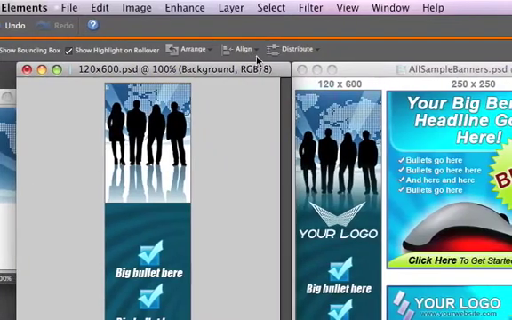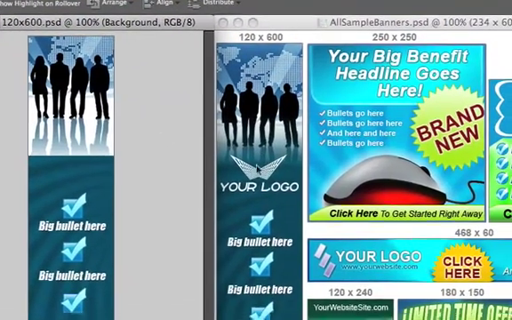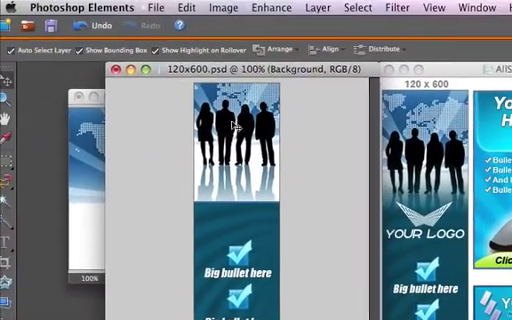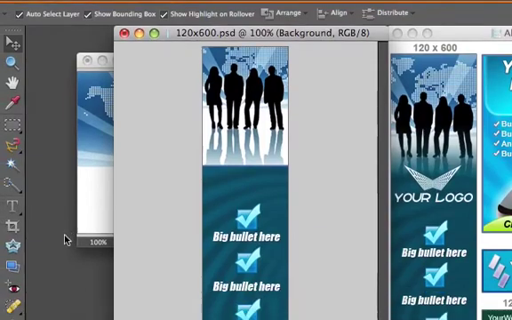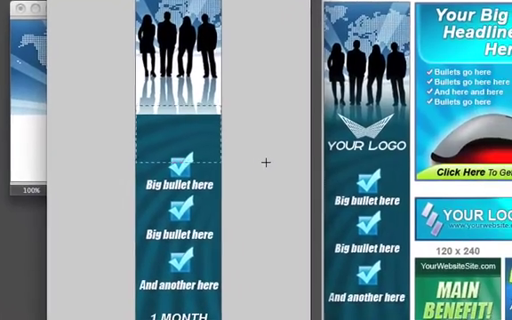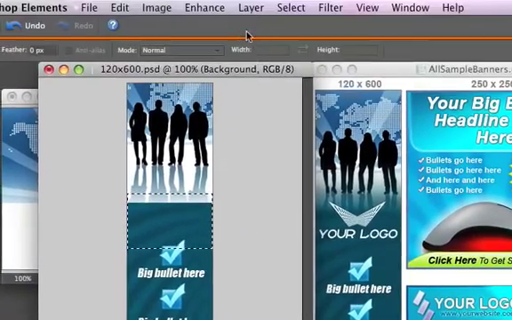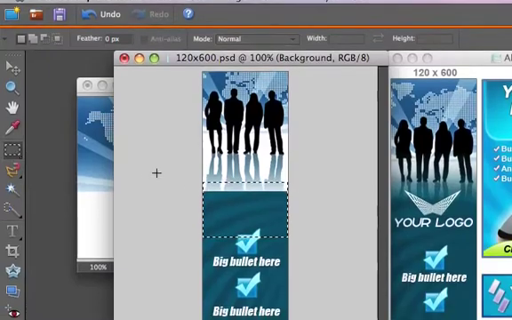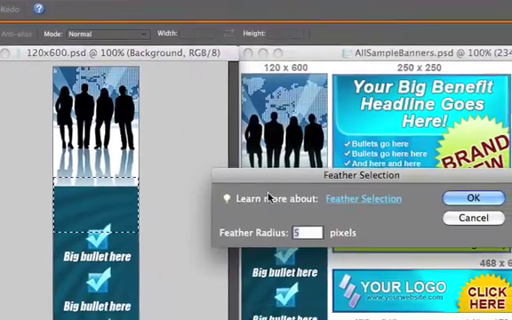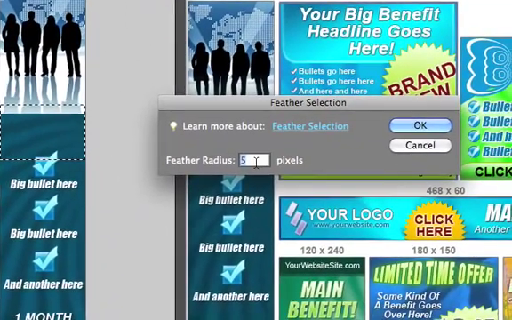And one last thing, you see how the image blends into the banner. You can do that. There's several ways of doing it. One way is using the Select and then Feather combination. So you choose the little selection rectangle, make a selection, then go to Select and Feather, and then choose something like 20 or 15. Let's choose 20,